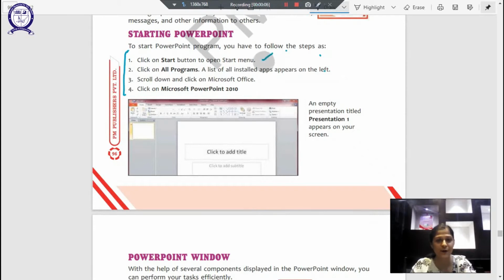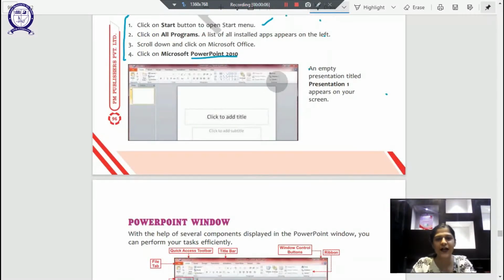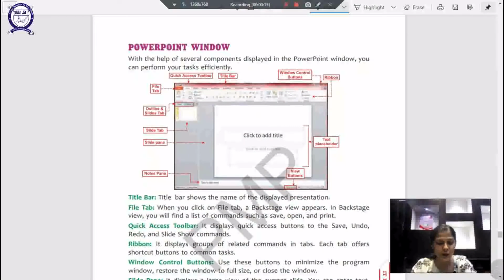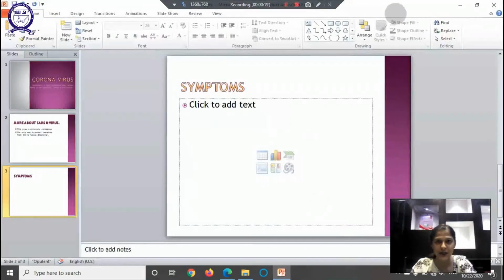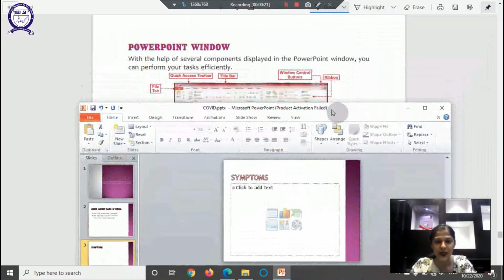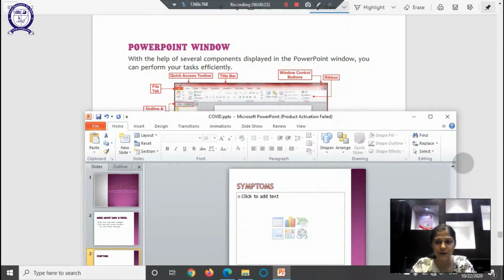So we'll click on the start button, we'll go to all programs, and then we'll scroll down and find Microsoft Office, and then further clicking on that we will find the option of Microsoft PowerPoint 2010. And when we open our Microsoft PowerPoint new document, an empty presentation will open up just like this one, and I'll show you in a bit. So I have created a demo slide for you meanwhile, and it looks something like this. Let's learn about this menu from here.